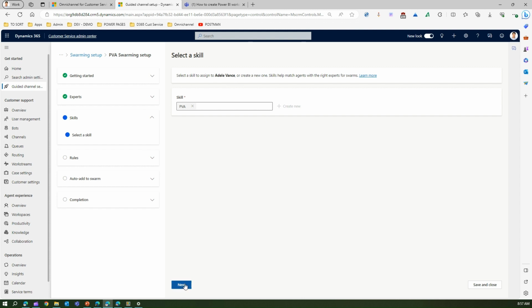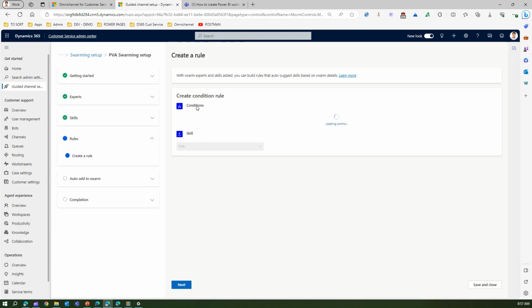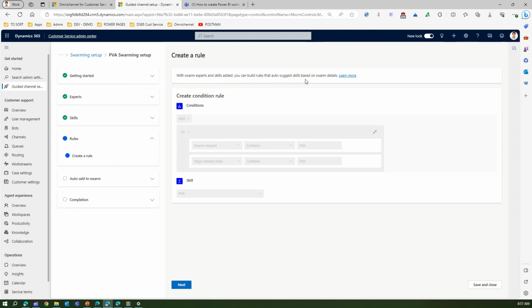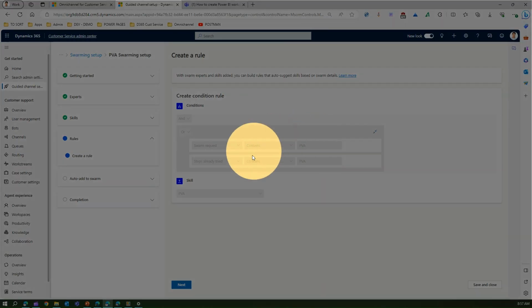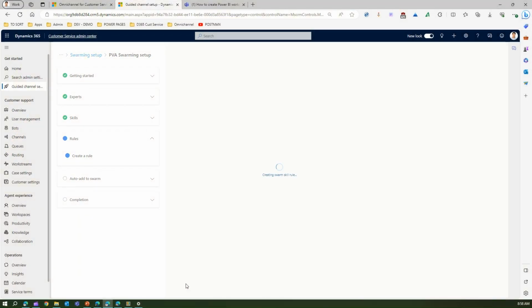Okay, now, if I click on next, then I can create some condition rules. With swarm experts and skills added, you can build rules that auto suggest skills based on swarm details. Okay, so I can put a condition rule which will say that if the swarm request title contains PVA, then you add that skill automatically, and that's how this skill rule is defined. When I click on next,